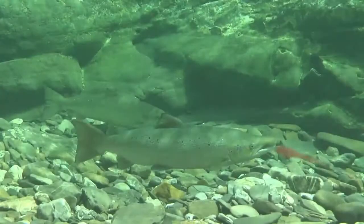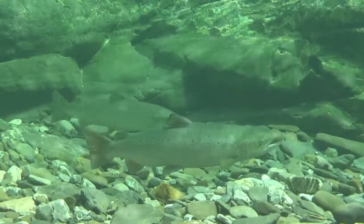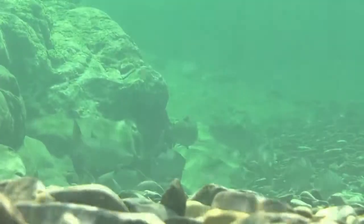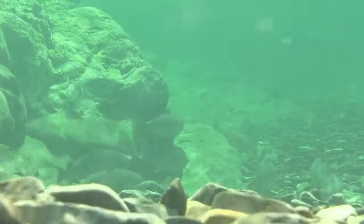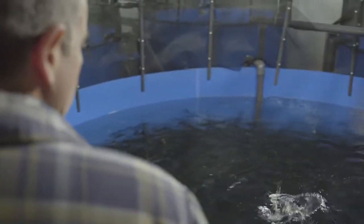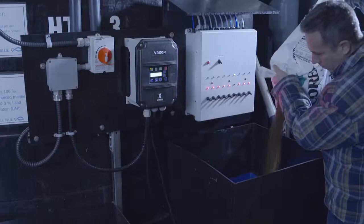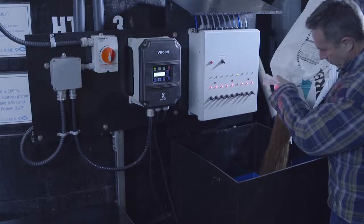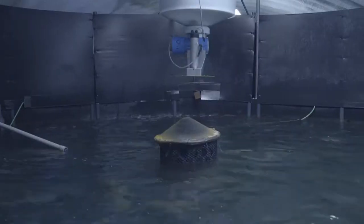This provides a really slow transition which mimics what the salmon would experience in the natural environment. As it goes down the stream towards the ocean, it encounters saltwater in increasing levels of salinity over several days. And that's exactly what we're trying to mimic. The effect for us is a much lower mortality rate when the salmon makes that transition onto saltwater, which is quite a stressful period. And also we see no reduction in feeding as they make that transition,